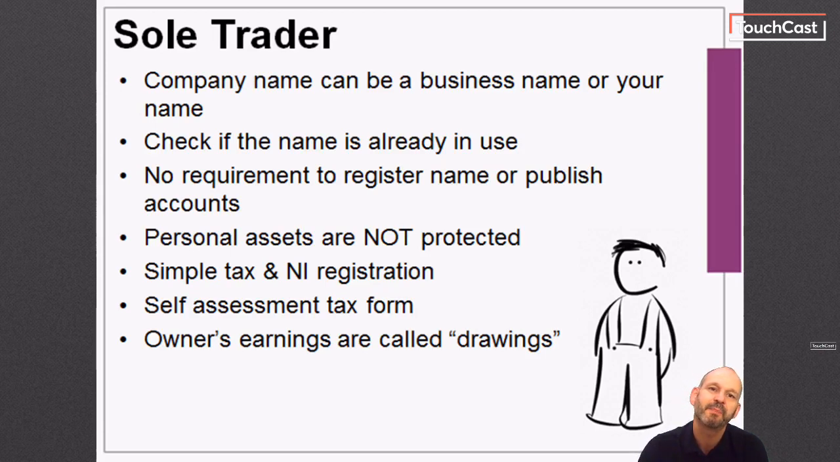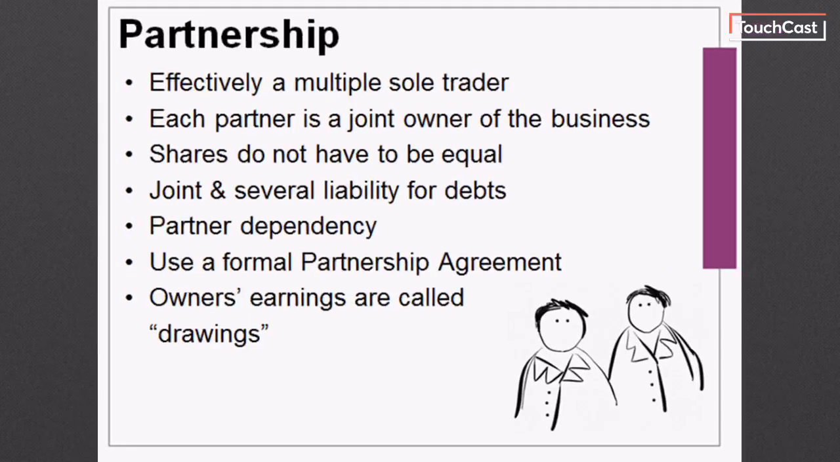So next we have the partnership, and a partnership is basically a sole trading business with more than one owner. Most commonly there are two partners or owners, but there can be many more. A partnership is basically a sole trader with multiple owners, and whilst each partner is a joint owner, the shares and the portion of the business that they own do not have to be equal. Each partner is individually and collectively liable for all the business debt,